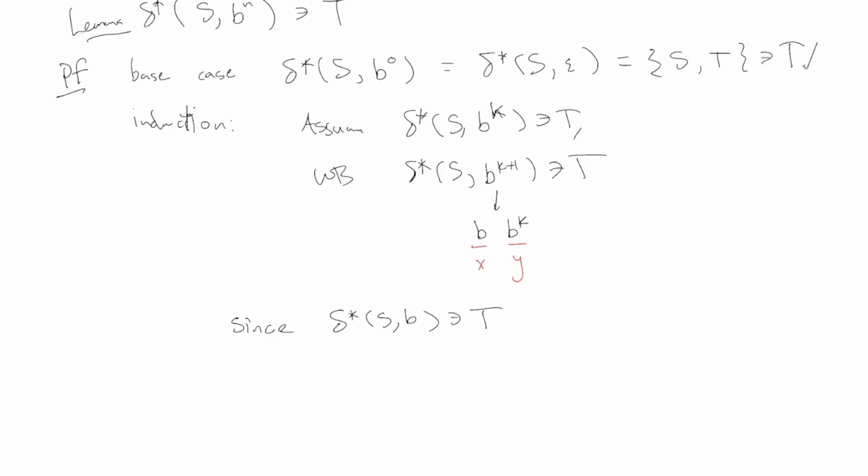I can see those formulas. All right, since T is an element of delta star of S and B, then delta star of S and B, B to the K, contains delta star of T and B to the K. And by the induction hypothesis,